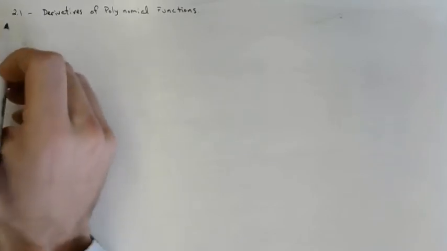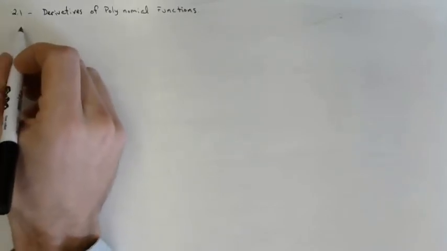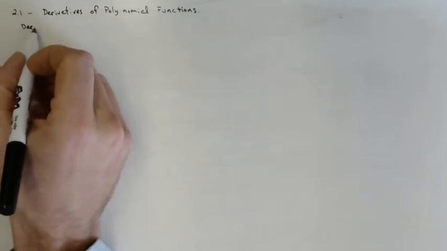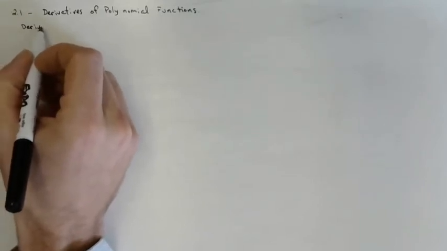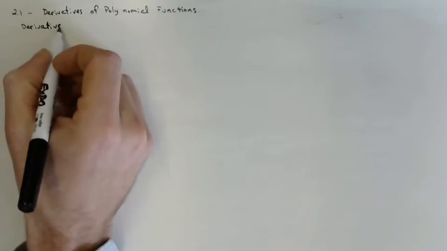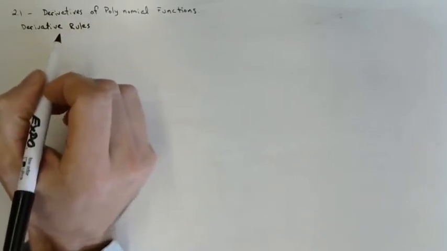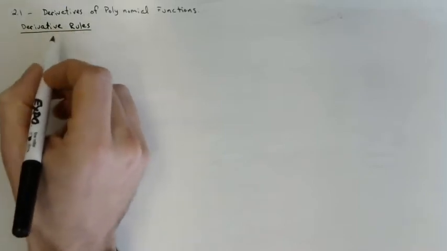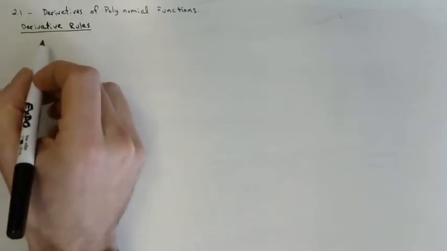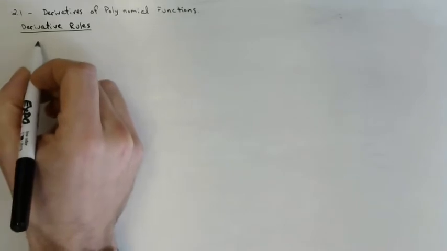So now we're going to start actually differentiating and finding the derivative of different functions. And before we do, we're going to just copy down a handful of the derivative rules. You already have some of these as they apply to limits, I think, but as derivatives, they work the same way. And we've got the constant